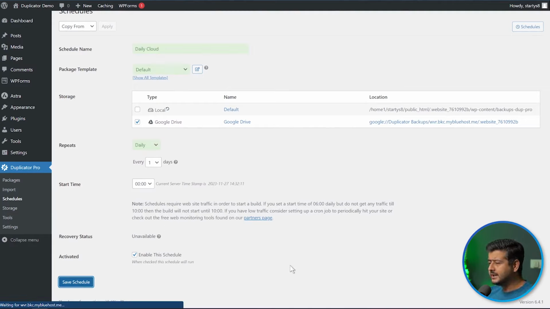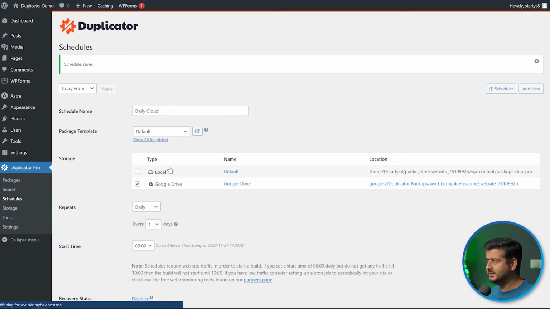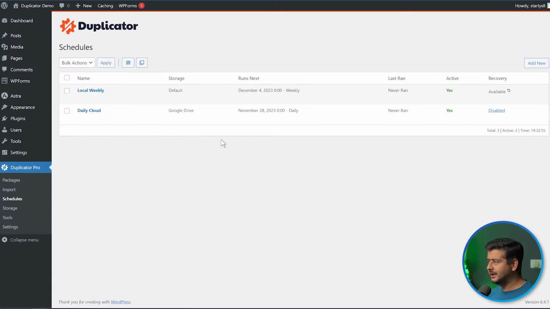And within a minute, we were able to set up two complementary backup schedules for your website. Isn't that powerful stuff? Now you can have lots of peace of mind that your website is being backed up weekly to your local server and also daily to the cloud. That's how easy it is to use Duplicator Pro, and that's how powerful Duplicator Pro is when it comes to